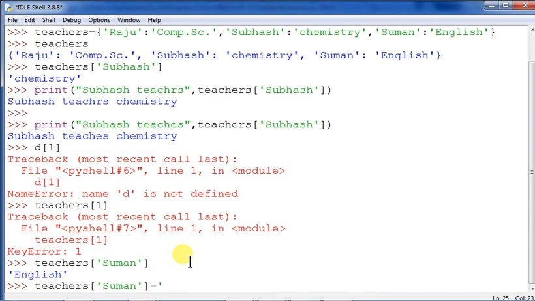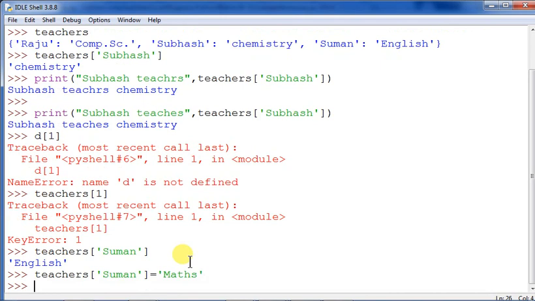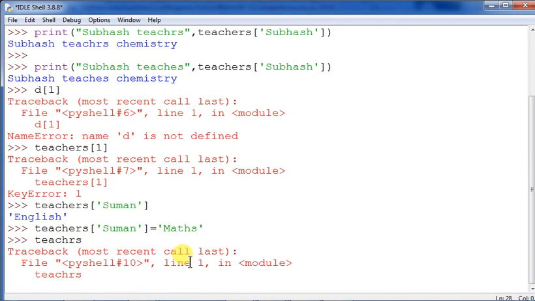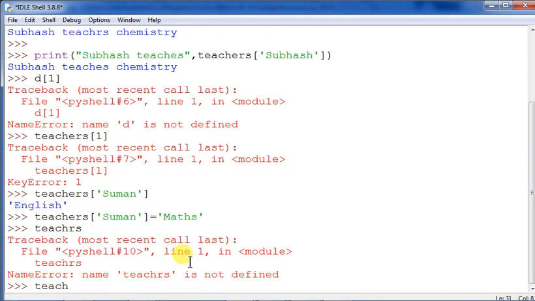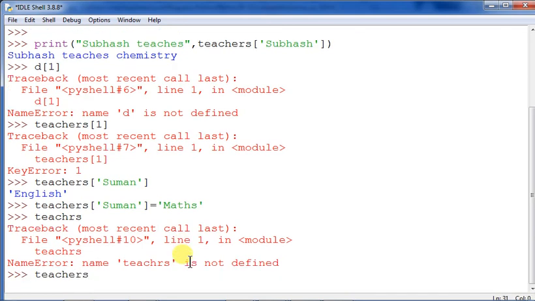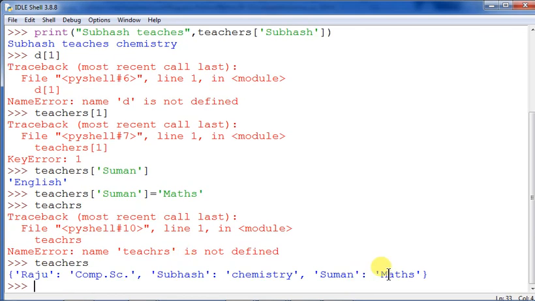Equals, say, maths. I press enter. Now you see the dictionary. Sorry, the name is wrong, it will be teachers. You see Suman has come with maths, but previously Suman was with English. That proves that the values are of mutable type, whereas the keys are of immutable type.